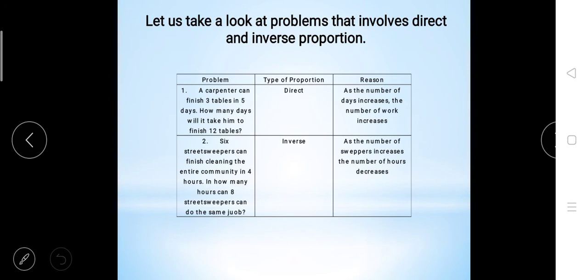So, kung dadagdagan natin yung 6 sweepers, gagawin nating 8, how many hours kaya can finish or can clean the entire community? Okay. So, do you think na kapag nagdagdag tayo ng tao or ng street sweepers, madadagdagan din ba yung number of hours or mababawasan? Very good. So, pag nagdagdag tayo ng tao,